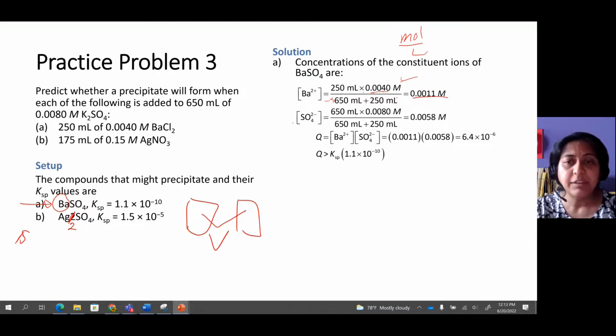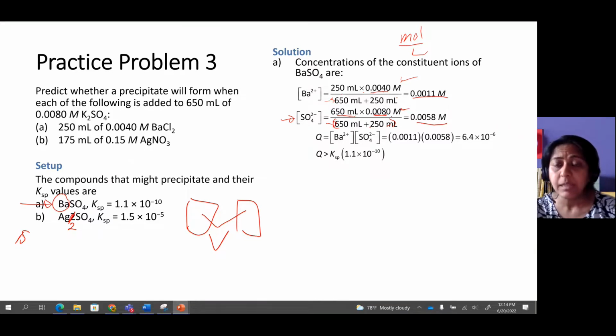0.011. Then we calculate the concentration of sulfate ions. Sulfate ions are added by the potassium sulfate. The concentration of potassium sulfate is 0.0080 and the volume is 650 milliliters. So we get the moles and divide by the total volume of the combined solution, 650 milliliters plus 250 milliliters. So we obtain the concentration of sulfate ions as